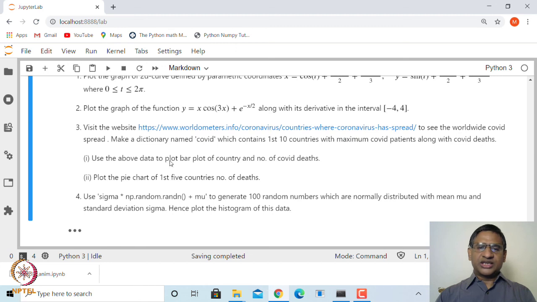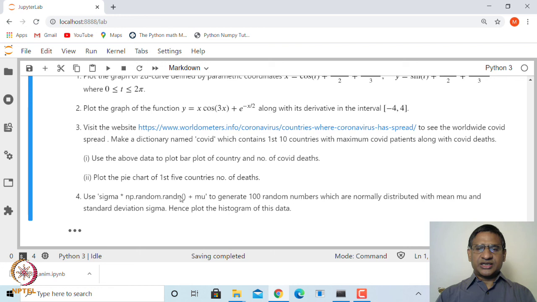From this dictionary, now extract this data and try to plot a bar plot of the number of deaths of all these countries. You can also plot, for example, a pie chart of the first 5 countries by looking at the number of deaths. You can plot other things, for example a density plot.